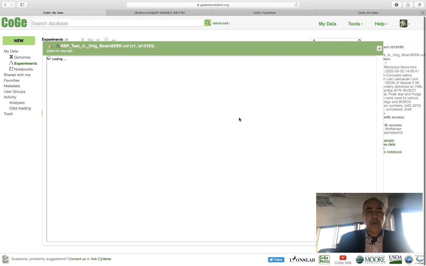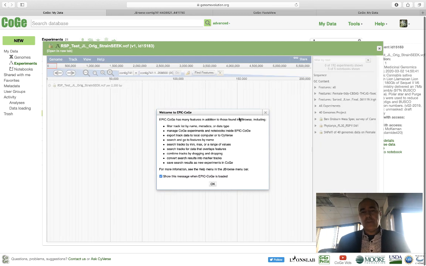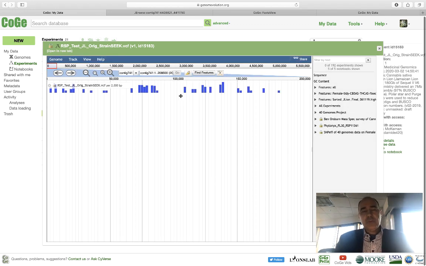Now, it's a variant call format. That just means every line is a list of a coordinate in the genome with a particular base change and some quality information about that base change. For instance, how many reads are contributing to that base change. So when you're zoomed really far out like this, you start to get a density plot of where all the polymorphisms are. Now let's go again to our favorite gene,